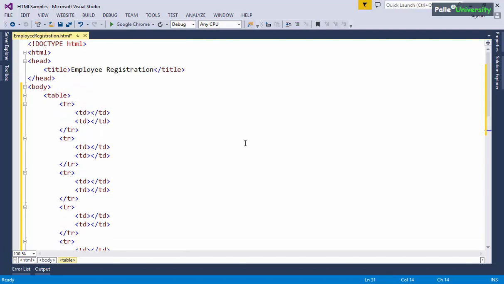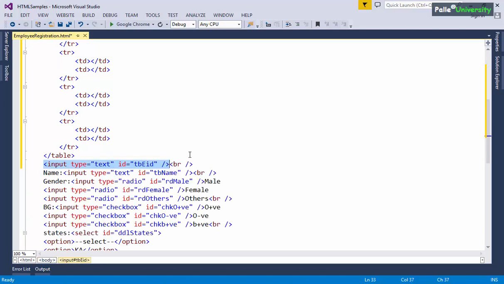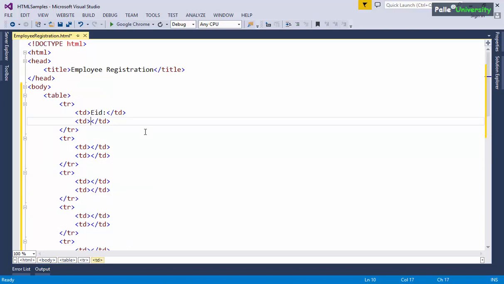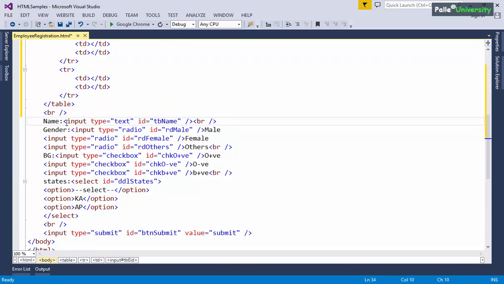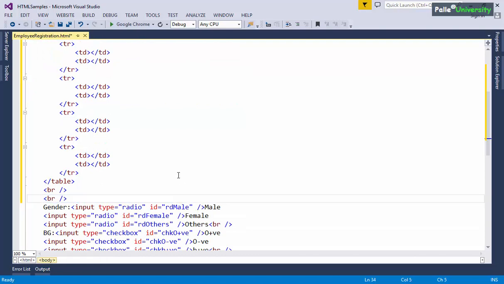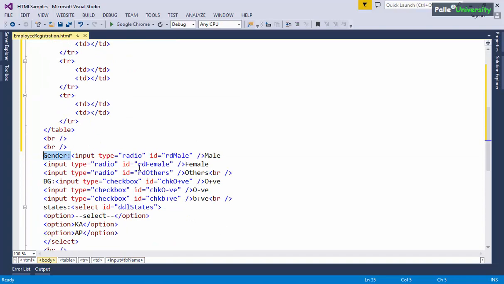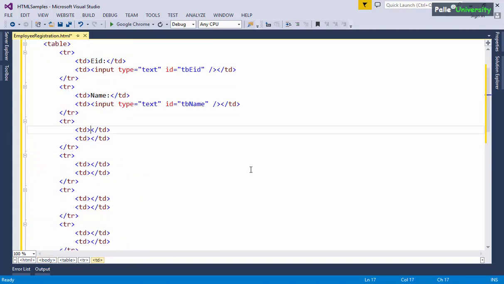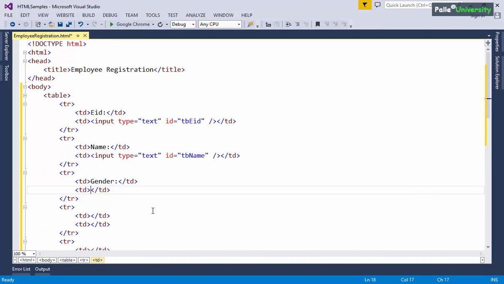So in the first row, first TD, I will place this EID, and in the first row, second TD, I will place the EID text box. Similar way, this name I am placing in the second row's first TD, and this text box in the second row's second TD. Similar way, gender in the third row's first TD, and all these radio button controls till here in the second TD.